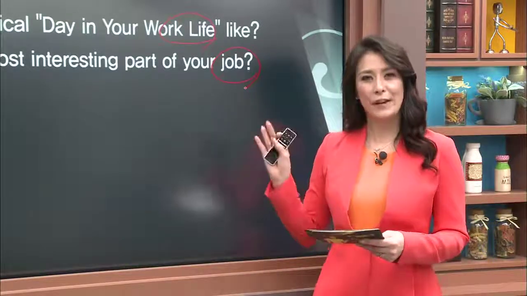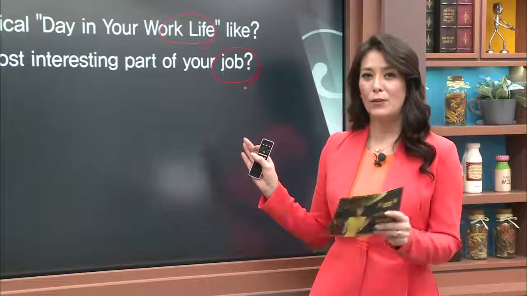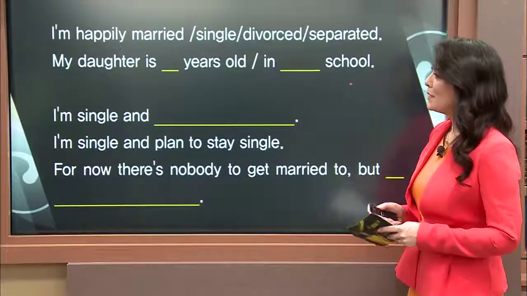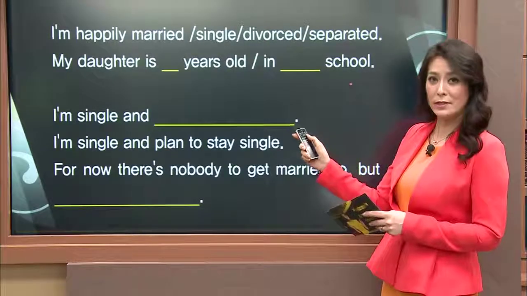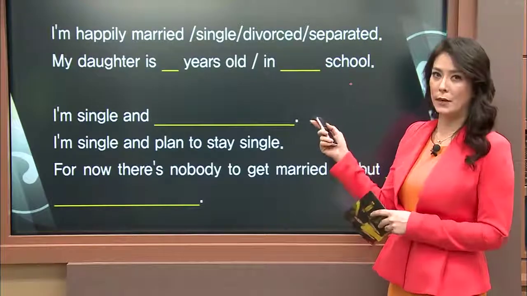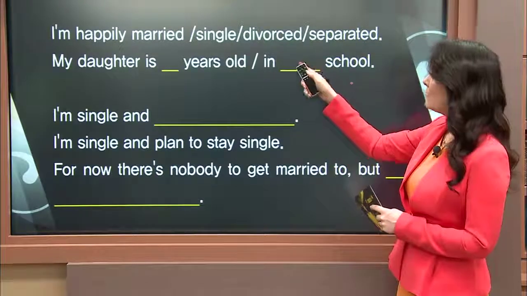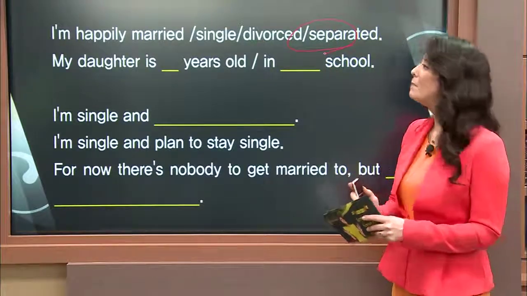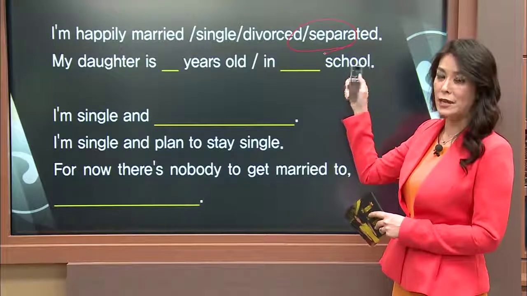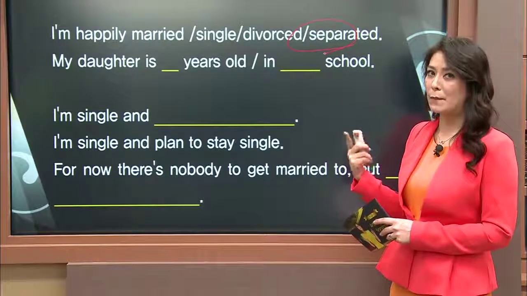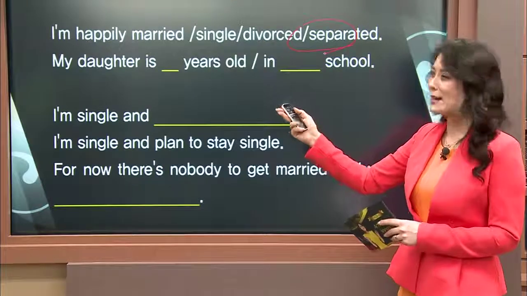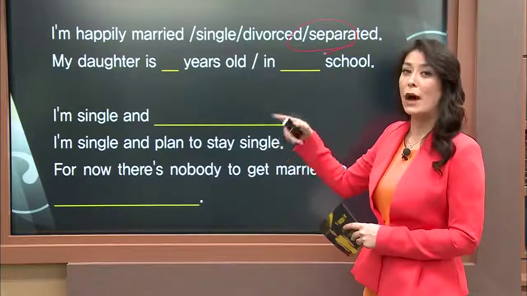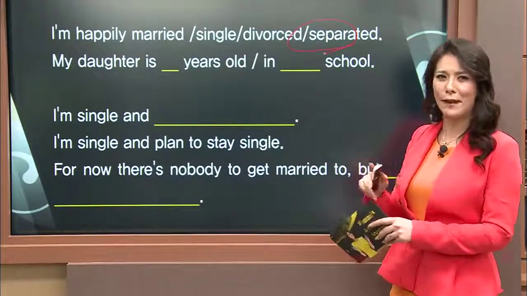Let's move on and check out some expressions you can use when talking about whether you're married or not. All right, the first one is, I'm happily married, just as Melanie said, or single, divorced, separated. 자, divorced와 separated 같은 거예요, okay? But divorced는 왠지 좀 강하게 느껴지기 때문에 people prefer to say separated, okay? You can say I'm divorced or separated, but make it sound okay by adding the word happy, okay? I'm happily single. I'm happily separated, meaning you're fine with it, okay?